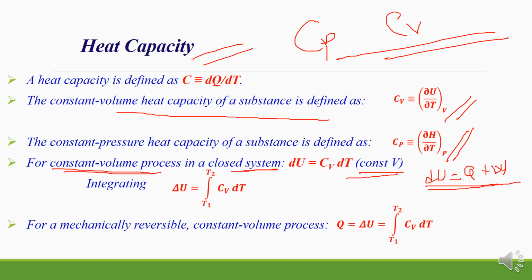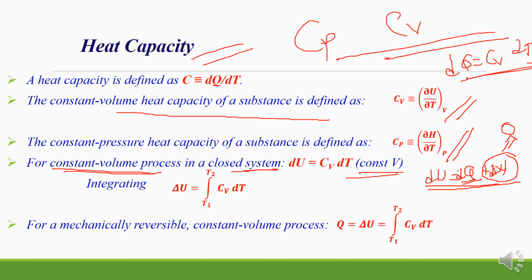So in this case, for a constant volume process, your W will be equal to 0, right. So that's why you will get dU is equal to dQ. So dQ is what? So here I will define dQ is equal to Cv dT,